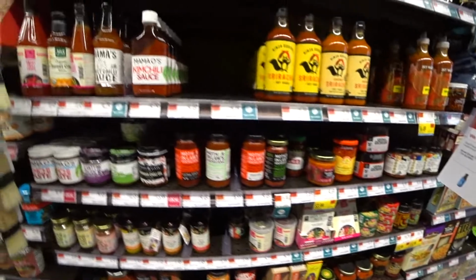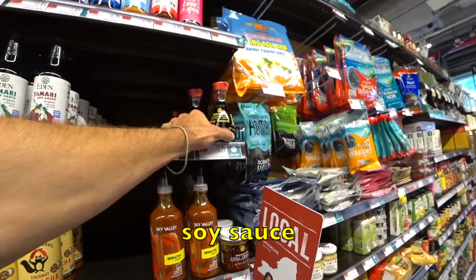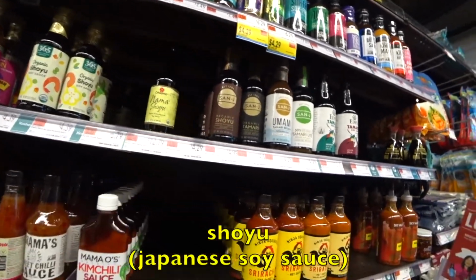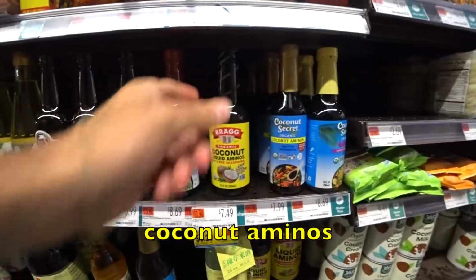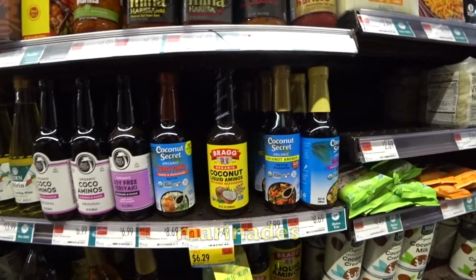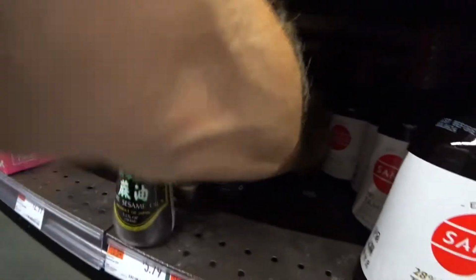So to start, I wanted to show you in this aisle we have soy sauce, right? You can use that to add salt. You can use shoyu or tamari as well, gluten-free soy sauce. Okay, in this section you can also use something as easy as coconut aminos, right? Soy-free. This is going to add salt instead of adding table salt. Let's see if they have